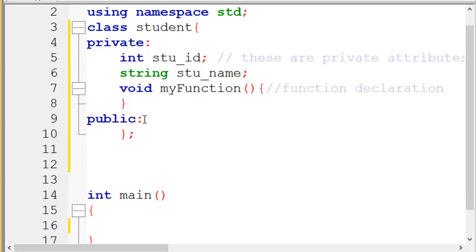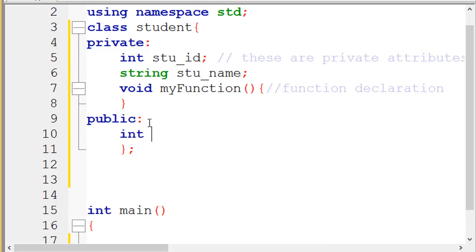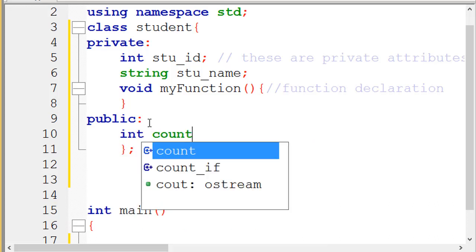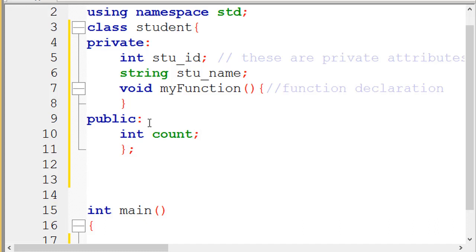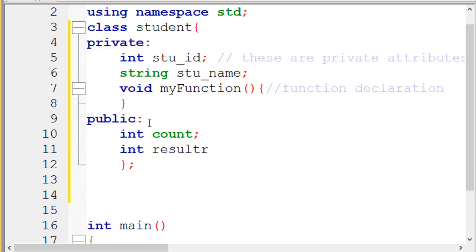So if we want to define our variables so that they are easily accessible not only in the class but also outside the class, then we have to use the public access specifier. So for example, we define an int count. This is a member variable that is public, and we define a function, for example, int results, and then braces and then curly brackets.